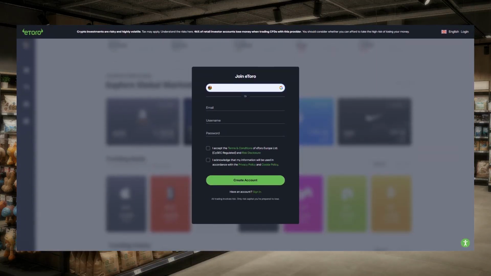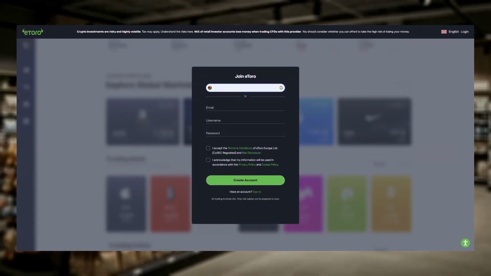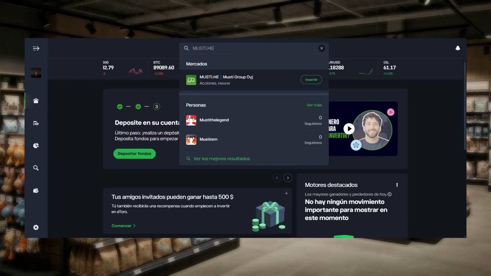To trade, you need a brokerage account, and we will use eToro as an example to show the process. After registering, you must verify your account, usually with a government ID, and add funds before you can place a buy order. Use the platform search bar and enter the ticker